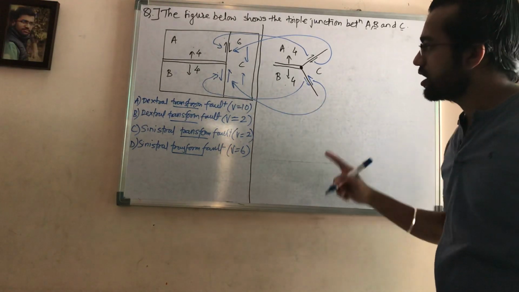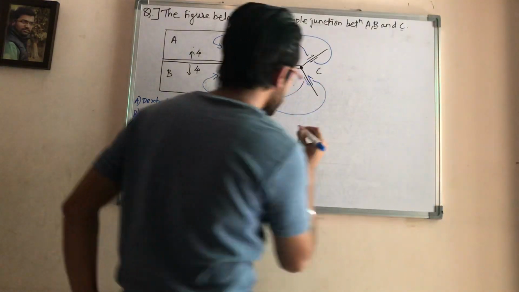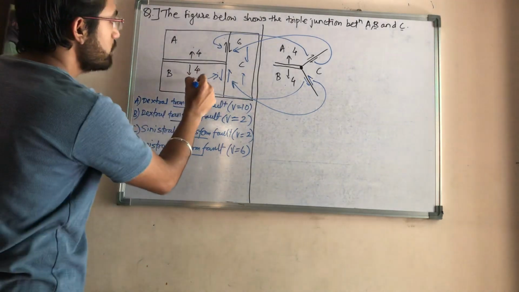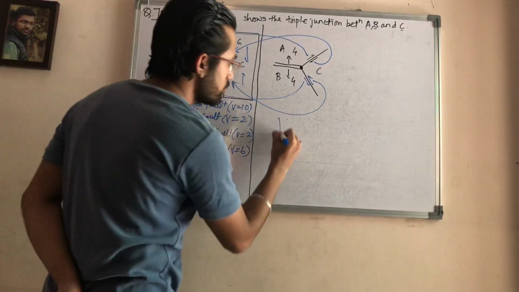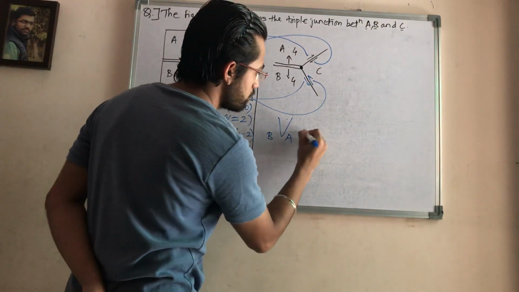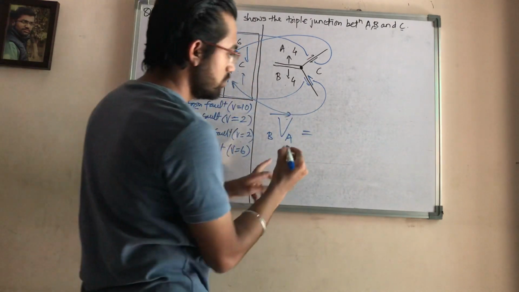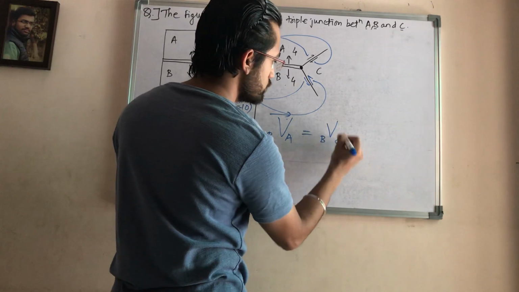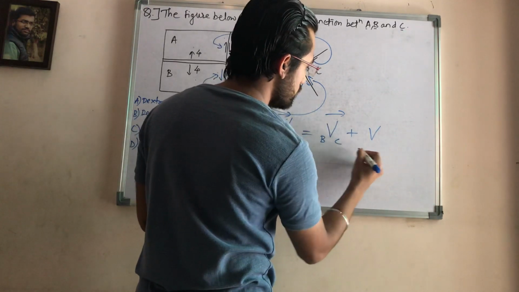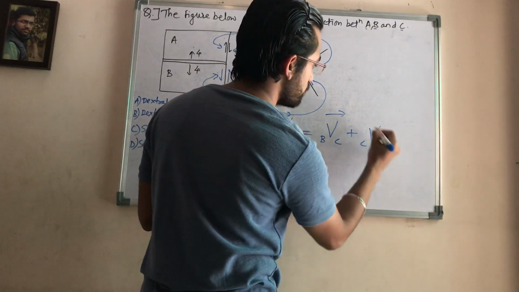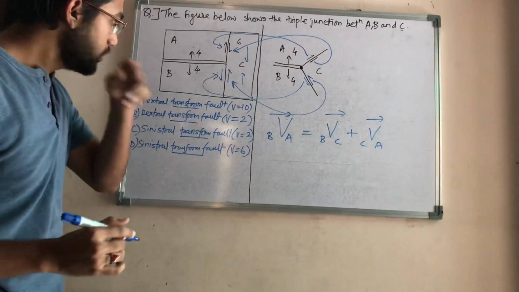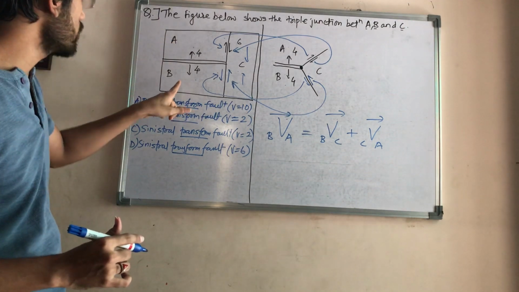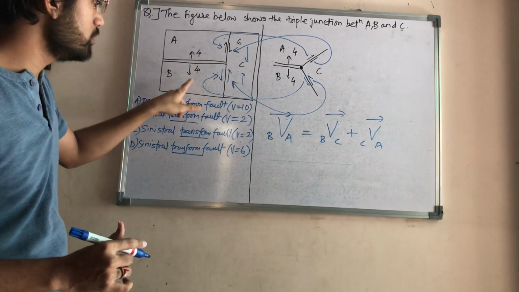To calculate this, how will you solve? You will use vector formula. You need to calculate the relative velocity between plate B and C. So I will use vector formula from B to A. Derive the formula first. The B to A means first B to C plus vector C to A. Now you need to calculate the value between B to C.